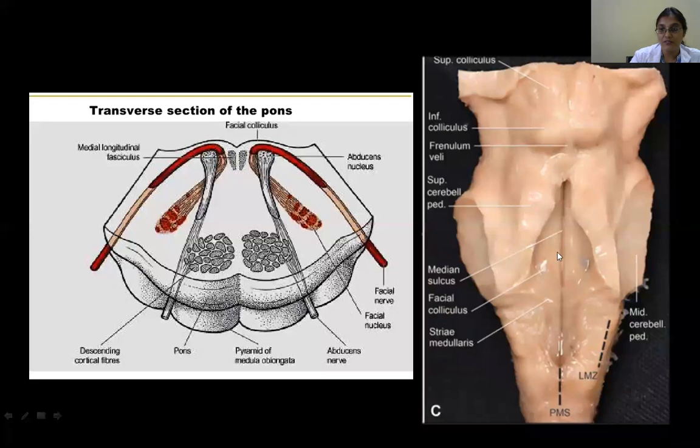So this is a very frequently asked question in the entrance examinations of your post-graduation, but they give an option like abducens nucleus or the internal genu, which is actually causing the elevation. So whenever this question comes, there's a big issue about it, because not everybody agrees that this is formed by abducens or this is formed by the internal genu. But remember, beneath this elevation, we have the abducens nucleus and the internal genu of the fibers. So that's about the nuclei.